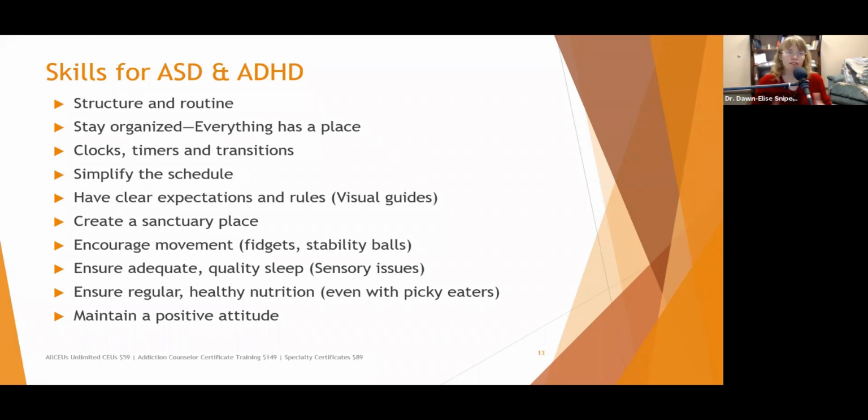Keep logs. Logs can be really helpful for parents, so they remember and they can go back and say, okay, the lion's share of the day yesterday was really good. We had one super explosive incident, but the other 23.5 hours of the day were awesome. So they can draw from that instead of honing in on that one meltdown.